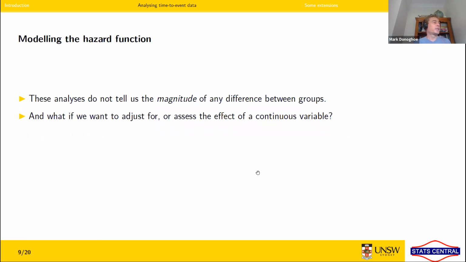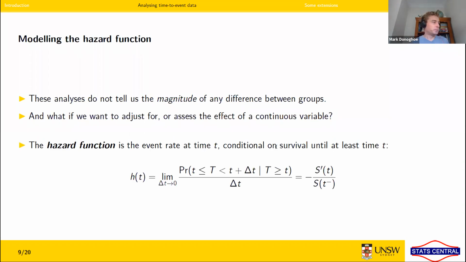So these analyses don't tell us the magnitude of any difference between the groups. And what if we want to adjust for or assess the effect of a continuous variable? One good way to do that is with regression modeling, and the function that we're going to model is the